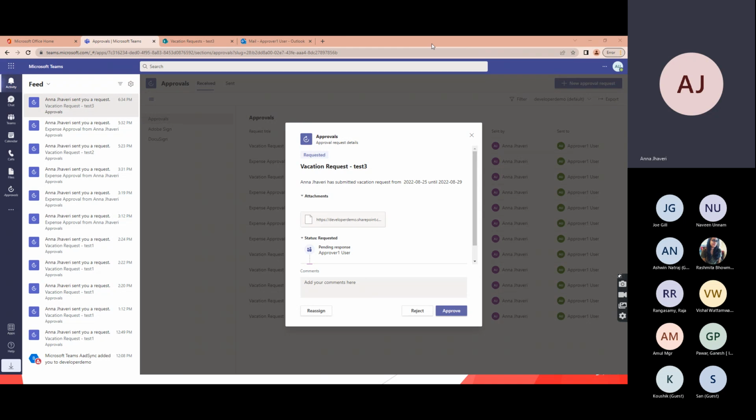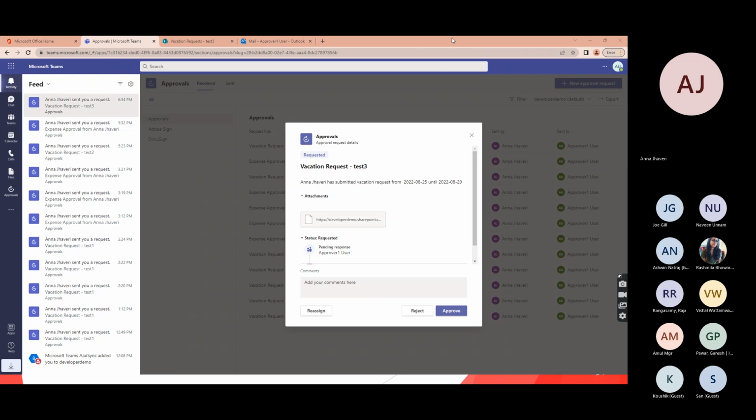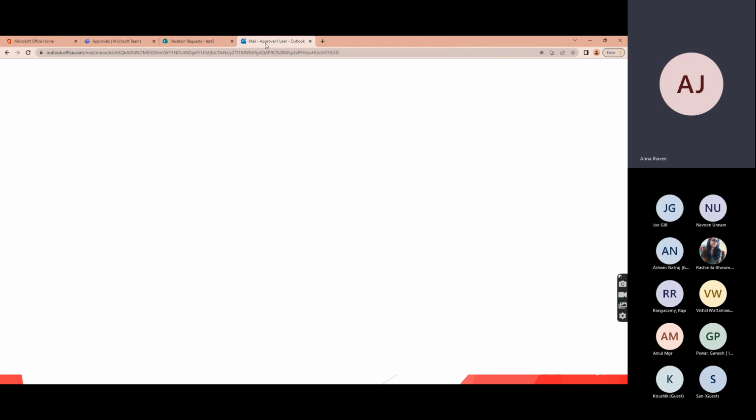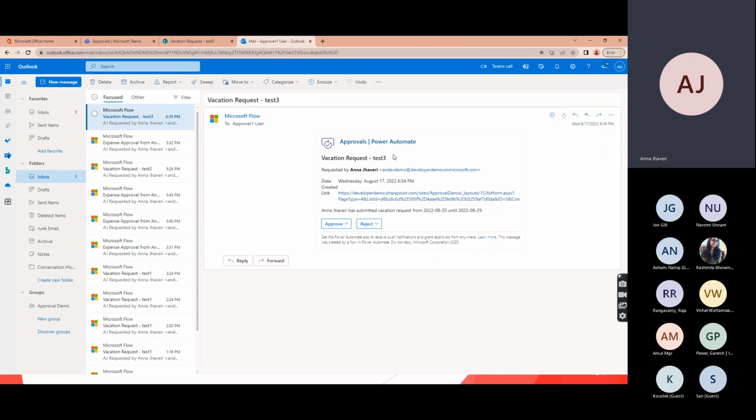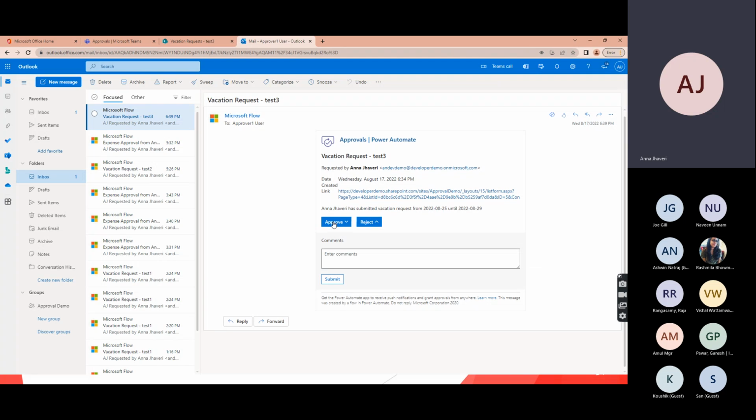And let's go to the email. Let me show you the email as well. So here is the email that has arrived for the same request. From the email itself, the user can see the details that approval is requested by this user. These are the details linked to the approval, which we included in the approval request, and these are the contents. So this is an actionable message in Outlook. The user can reject or approve, whatever they want to,